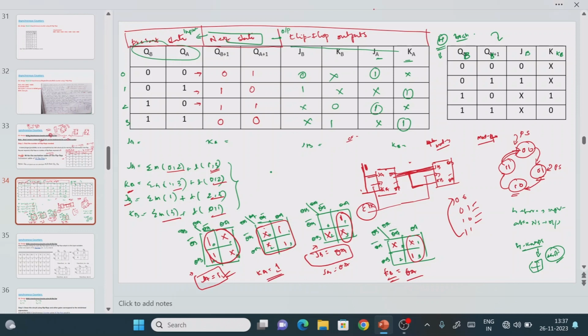It may be a JK flip flop, or it may be an SR flip flop, or it may be a D flip flop, whatever it may be. We just write the excitation table, based on how many circuits we have. Based on that, we again find the excitation table, then find the minterms, find the K-map. That logic expression we are going to attach inside the circuit diagram. Right, so finally it will become the synchronous counter. If you understand this one, you can design any kind of synchronous circuit.